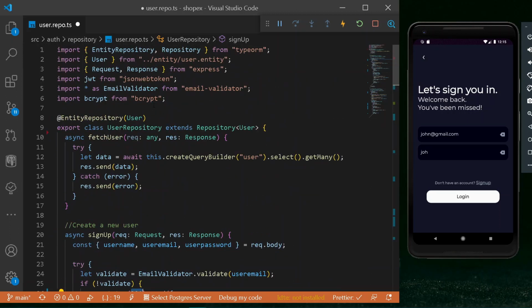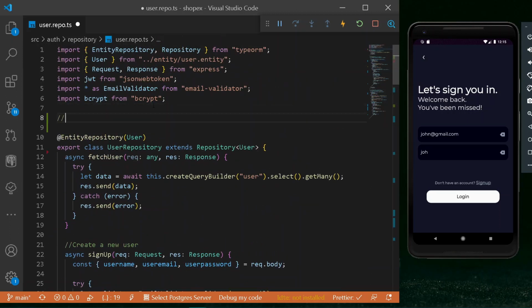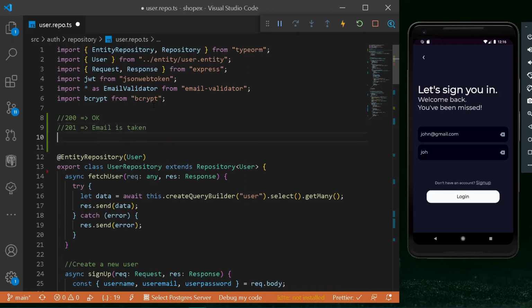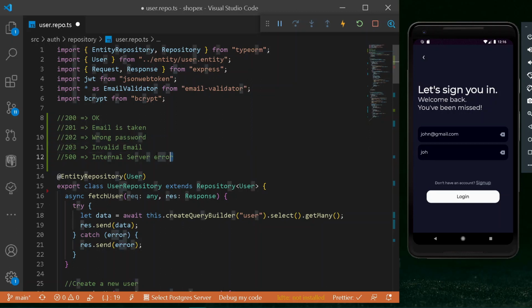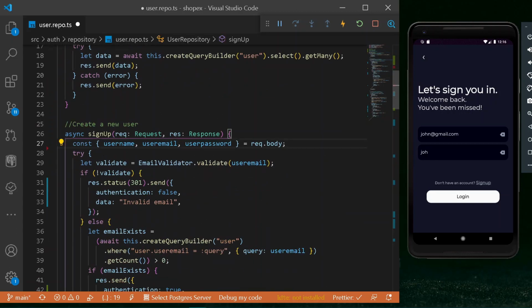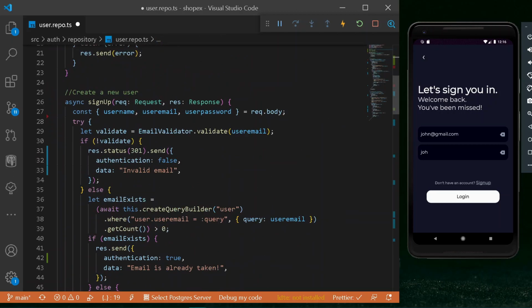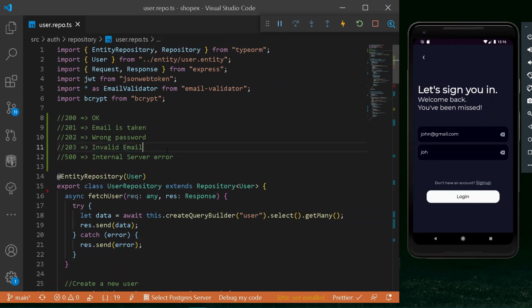So let's go at the top and here let's have somewhat custom status codes. So first of all, we shall be having a 200 if everything is okay, and here we shall be having a 201 if we get email is taken, just like this. Cool. So these will be our following status codes that we need to apply. So let's make that happen. So first of all, let's move under our logging in, and instead of 301 for email is already taken, we shall be simply adding. Cool. So we will be sending a status code of 303 in the case of invalid email, just like this.